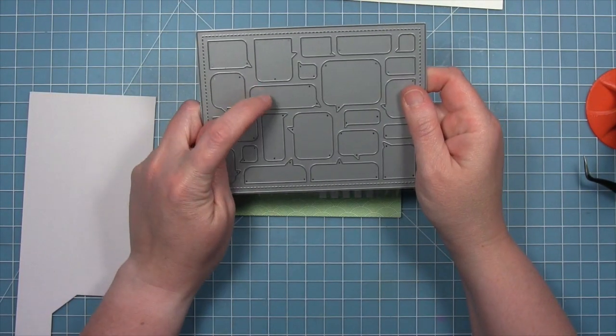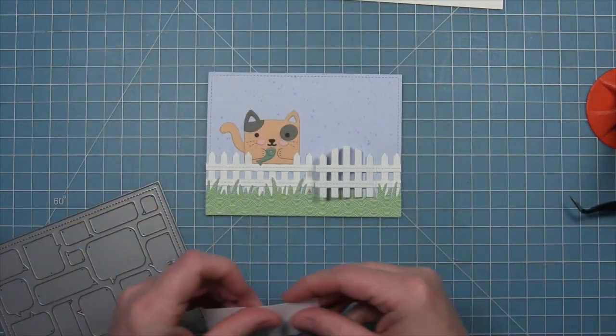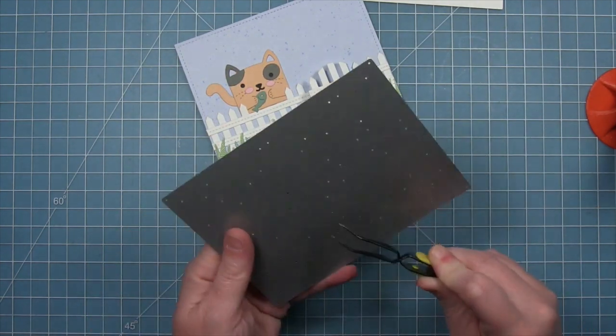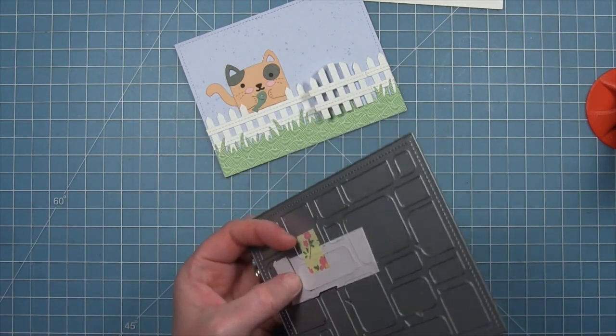Now this is our speech bubble backdrop. What's kind of cool about this backdrop is one, it creates a cool backdrop, but two, it gives you all these speech bubbles. So if you need a specific speech bubble size, go to this die, take a piece of cardstock, layer it over the exact little speech bubble you need, hold it in place with some low tack tape, run it through the die cut machine, and now we're going to have the perfect size speech bubble